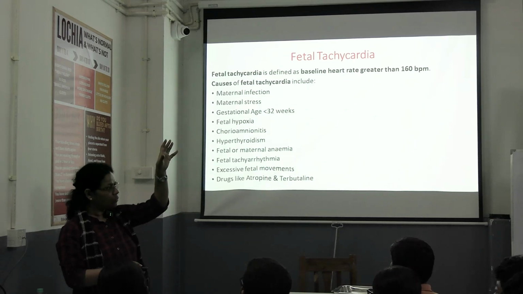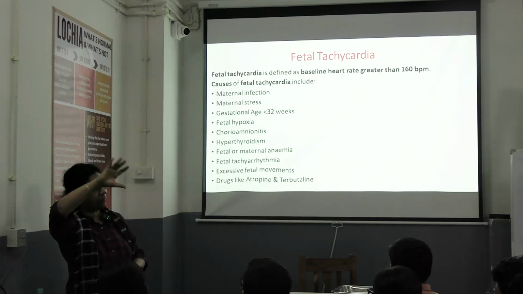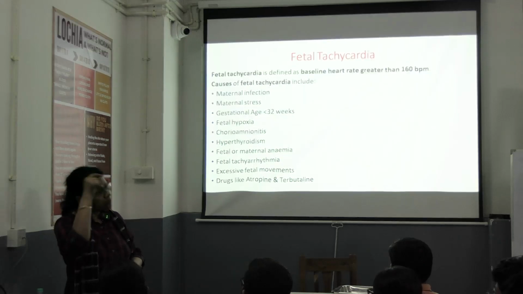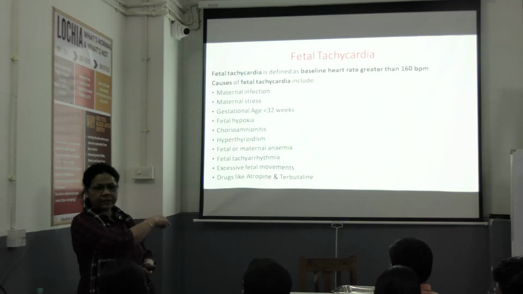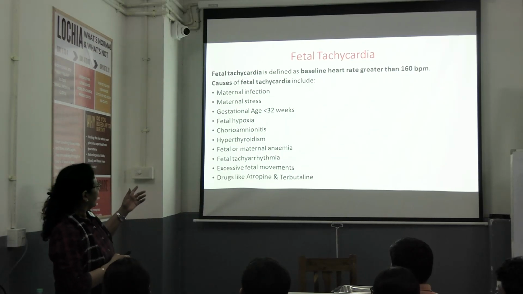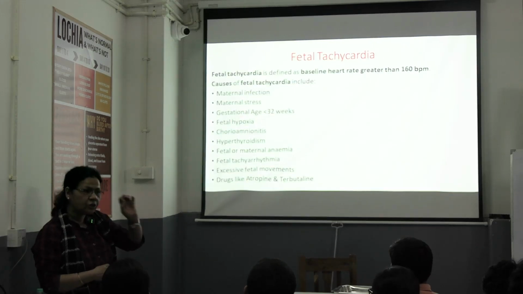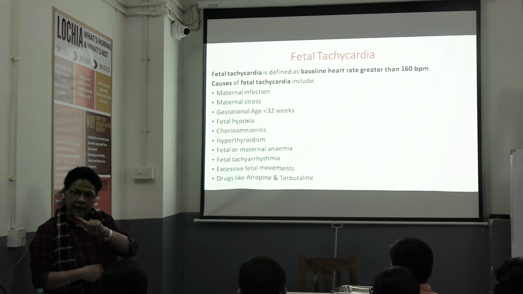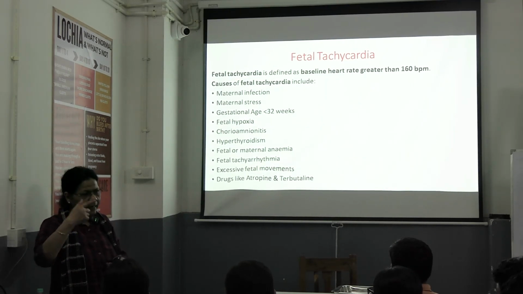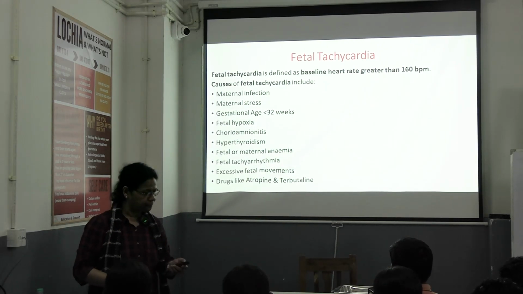Initially we have said, when you chart out a CTG tracing, you have to mention the name of the patient, registration number, who is examining, how the progress of labor is going on, what medications are given. Maybe she has received this drug. That is why you are seeing a rise in heart rate. Or you can see fetal hypoxia. Chorioamnionitis is infection of the chorion and amnion. In any maternal infection, when you have fever, your heart rate goes up. So in any infection, there can be tachycardia. If there is maternal tachycardia, there will be fetal tachycardia also.